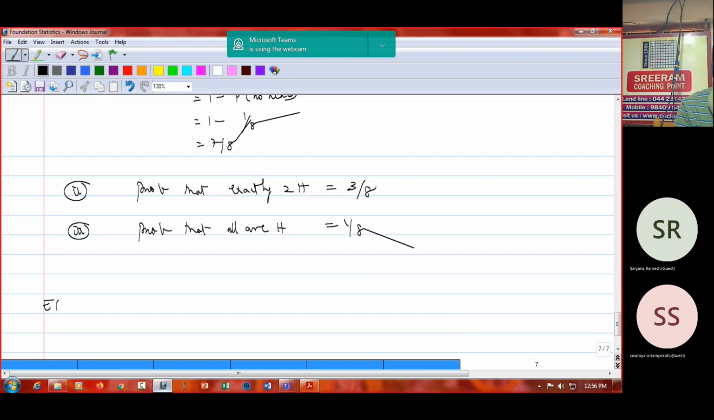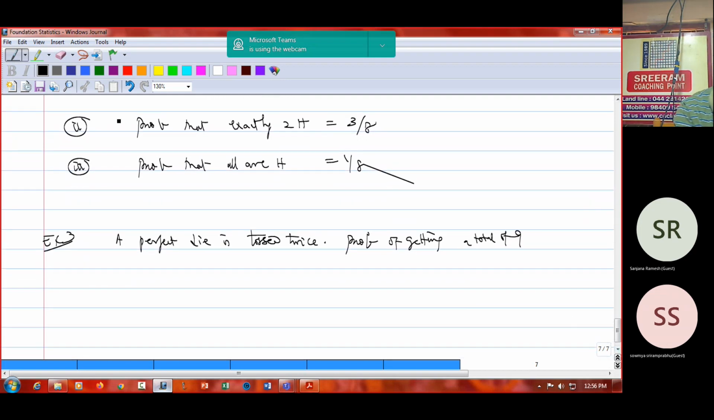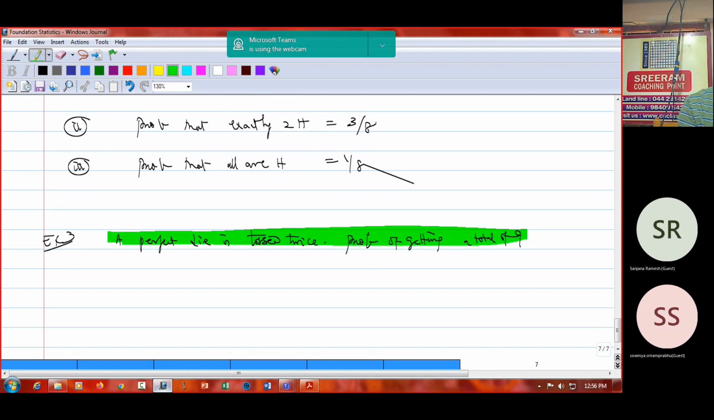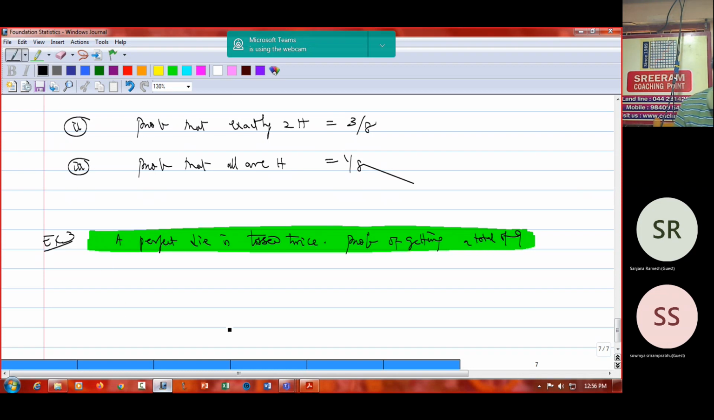Now, example number 3. A perfect die is tossed twice. Probability of getting a total of 9. First step,